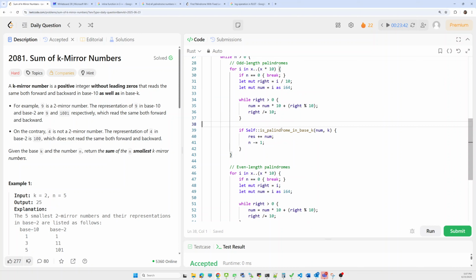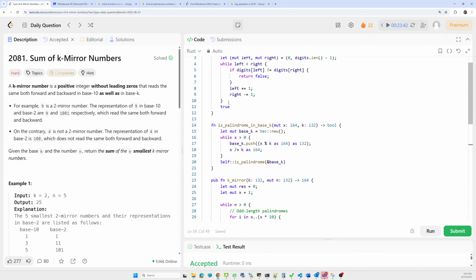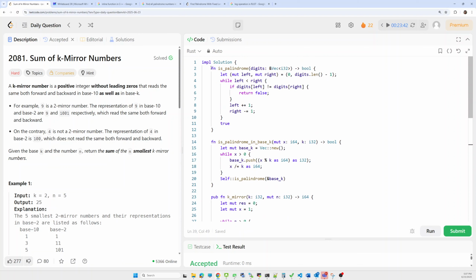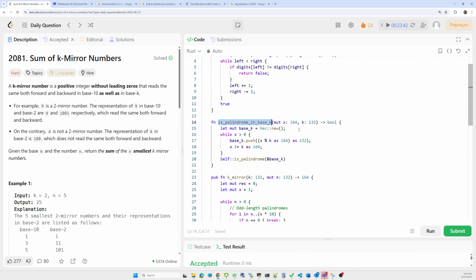Now in Rust we can also give a lambda expression, which is called a closure, or we can give it in a function implementation also. In the function implementation, is palindrome in base k, this x we have to take as mutable, because we have to update the x value in this method.